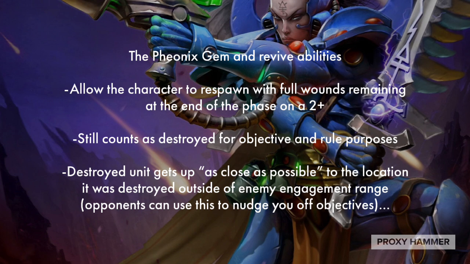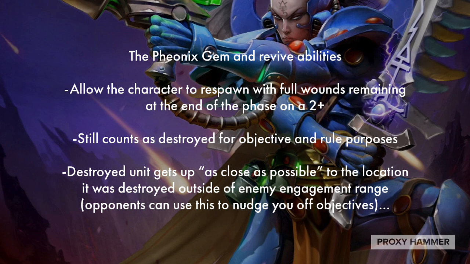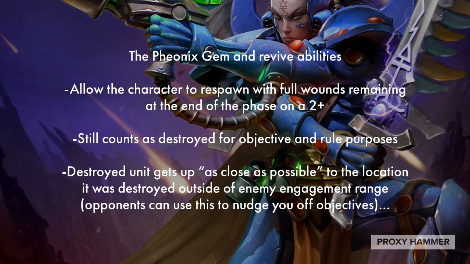So opponents can use this to nudge you off objectives. Basically, when they consolidate back towards the center of the objective, they spread out their guys as much as possible to nudge you off of that objective. Now remember, you have to go as close to the original position as possible. So with cheeky enemy movement or consolidation, they can actually push you outside of objective range. And then you're obviously not going to have OC on that objective,